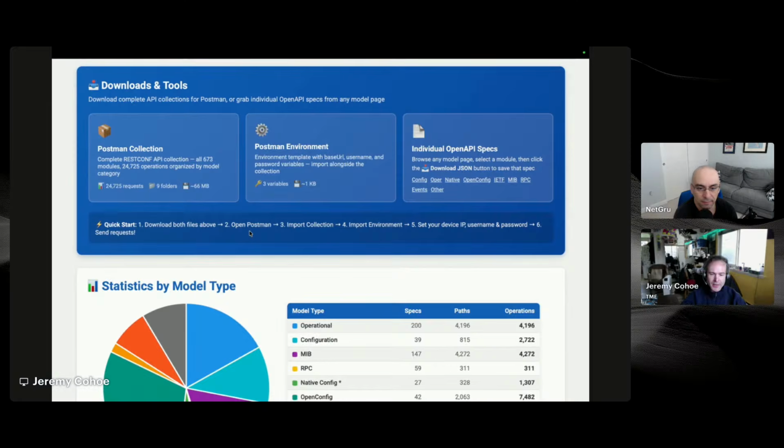Once you download it, you can import it into Postman, and now you can easily send all those APIs through that tool. We also have the individual specs, right? So this is going to download all 25,000. But if you only want to work with config or Oper or OpenConfig, etc., then you can just download that one individual spec and then work with that flavor of data models directly. So it should just make it a little bit easier, as you're working with the actual data models, instead of